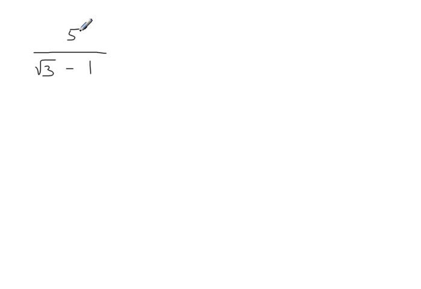Okay, next example, 5 divided by root 3 minus 1, so I need to multiply by something that's equal to 1, so the top and the bottom here must be the same. Looking at the denominator here, I'm going to use the difference of two squares because I've got two terms here. So same terms as here, but with the opposite sign. That's a minus, this will be a plus. So for this fraction to be 1, the top must be the same as the bottom. These must be the same. And now